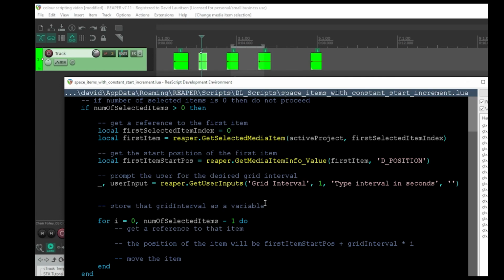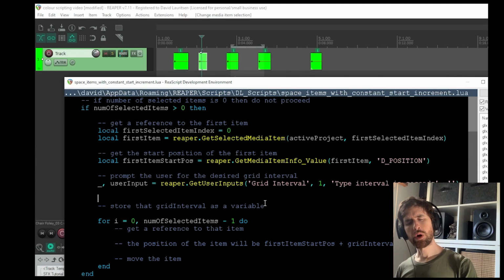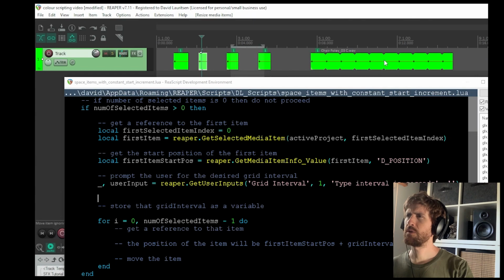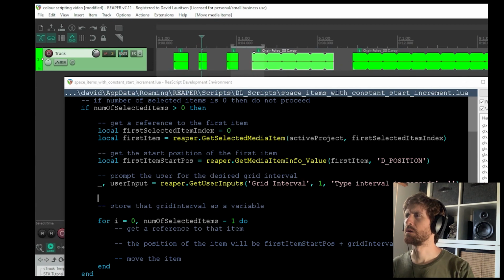Because in my mind, if the user doesn't type a number, we should probably do nothing. We shouldn't move any items around. Maybe you disagree with that. Maybe you might want a default value of 1 or something. The reason why I suggest that maybe we don't want to move stuff around is because if you've got these long clips and you have a default value of 1,